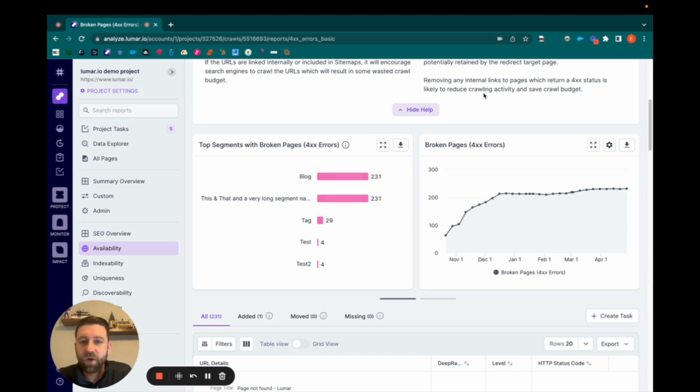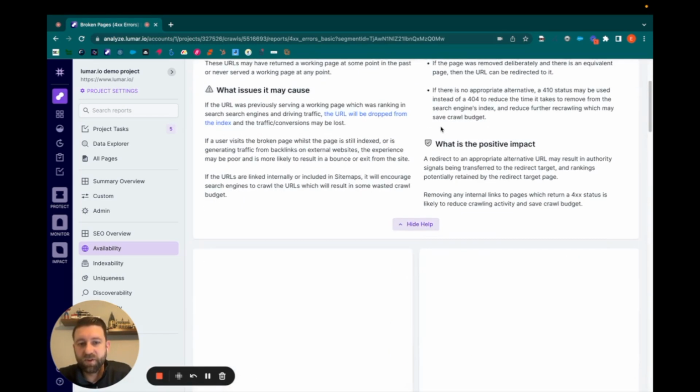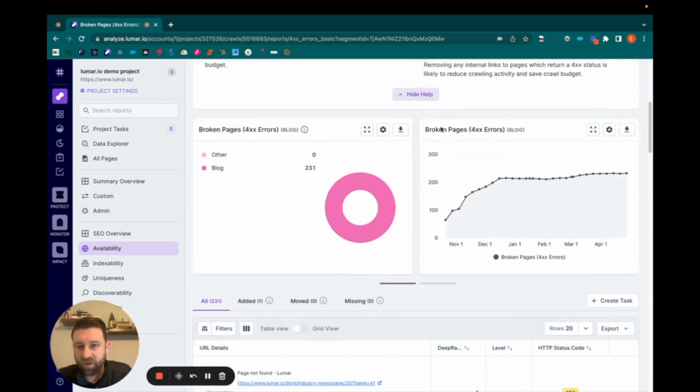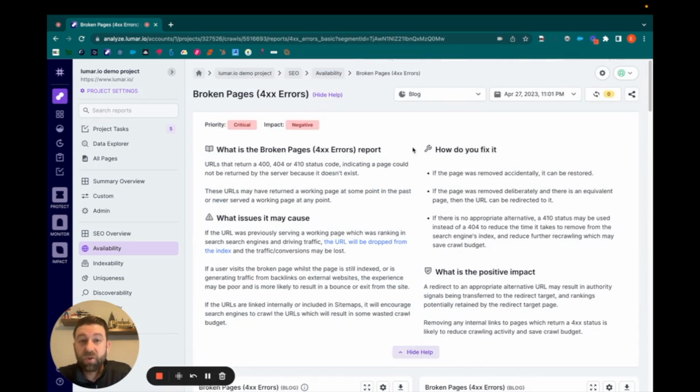So say you're like, okay, what are these blog errors in this report? You click in here, and it'll automatically filter this report to just the blog pages. And you scroll down here, and it'll filter to them there. So that is how to set up a segment and how to really pull and change each report and dashboard into the segment that you would like.